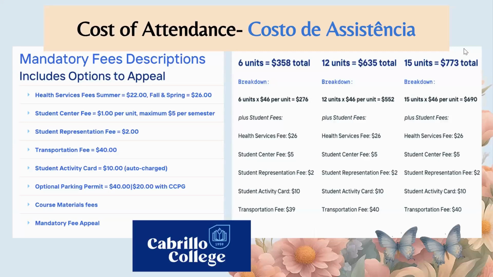Okay. Now this is the cost of attendance for Cabrillo. So here on the left, I have the mandatory fees of Cabrillo, but on the right side, we have also applied the mandatory fees into the total, taking an estimate of 6 to 12 or 15 units. So for a student who plans to take 12 units, this is for a semester, it'll turn out to cost